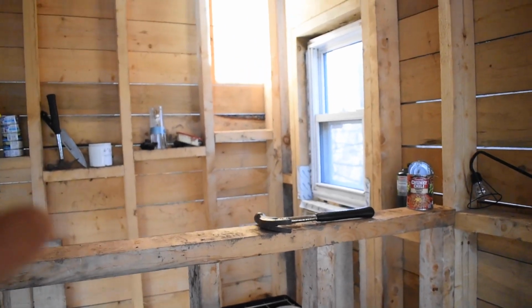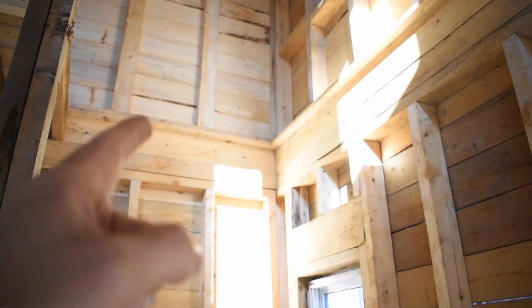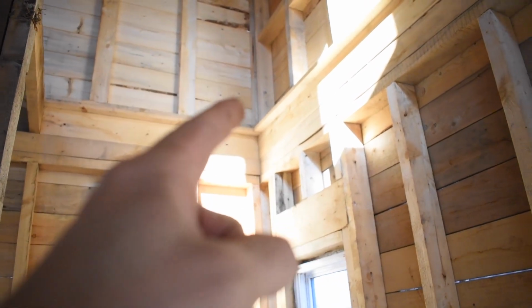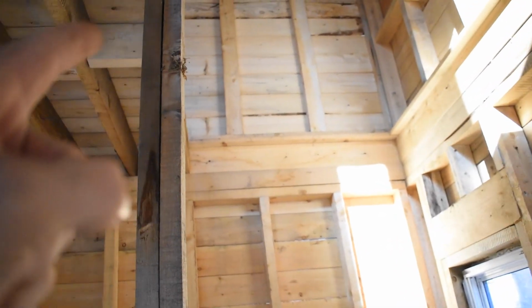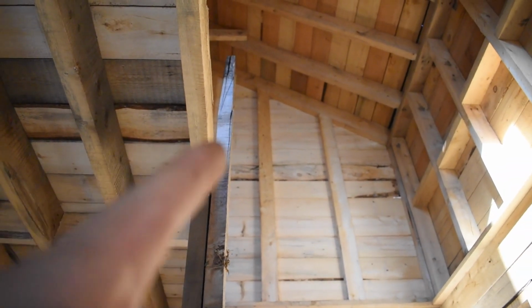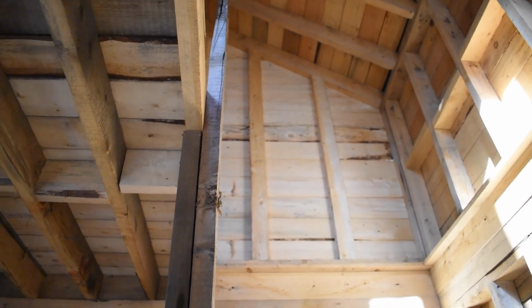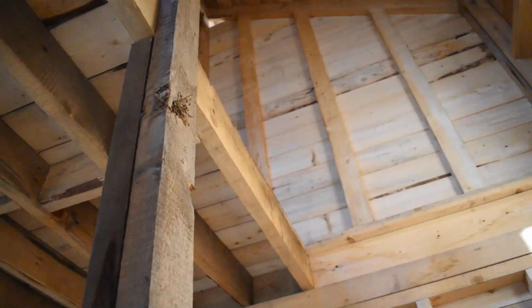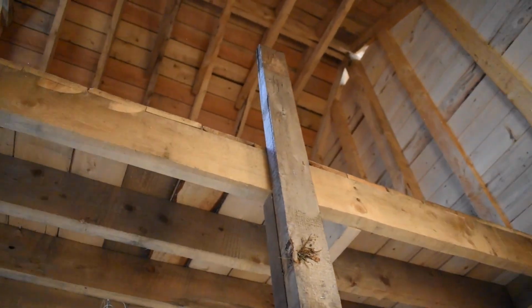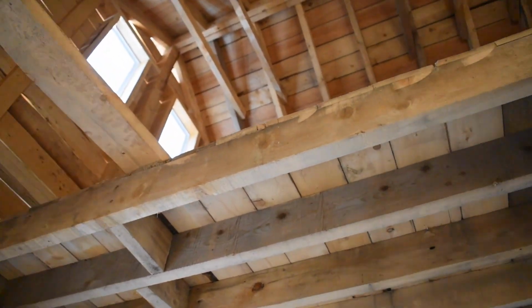Then it's going to kick off and go up the opposite way, and it's going to be a landing from there all the way over there. That way it's going to be able to walk all the way over to my loft, and then this will be the start of the railing. I'm going to probably end up cutting that off because I don't think it'll be long enough, and it's a little bit chewed up anyway from the greenhouse. And then my railing will go all the way across there, so nobody can fall off in a drunken stupor